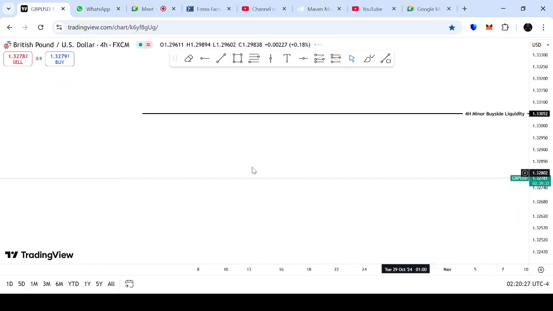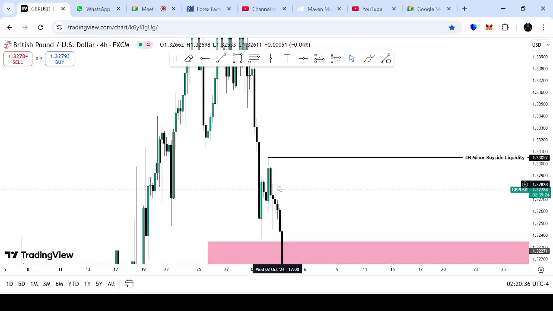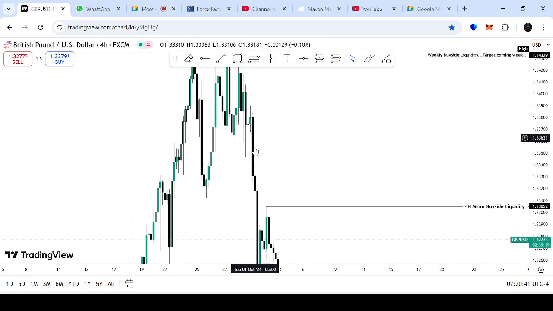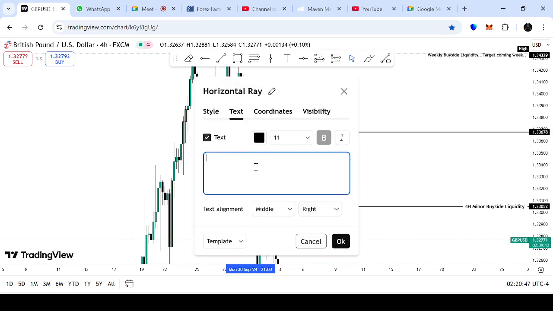It is 4 hour over there, the high there. Hope you can see that. That's the 4-hour buy side liquidity. We have an inefficiency resting above here. That is CB. There is CB high